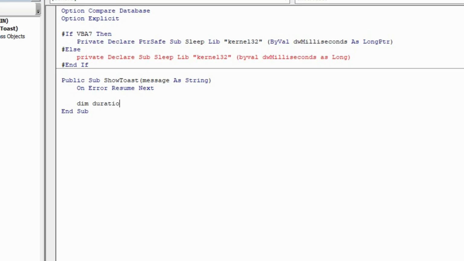Then Dim duration As Integer, duration is equal to 3. So this one, let me give a comment. This one depends on the duration you want the message toast to remain, the moment it pops up, for how long do you want it to stay before it goes back. I'm choosing 3 seconds. You can make it 5 seconds, 10 seconds, depending on how you want it. Yes, so this one means seconds to display